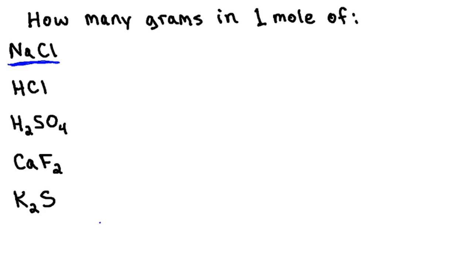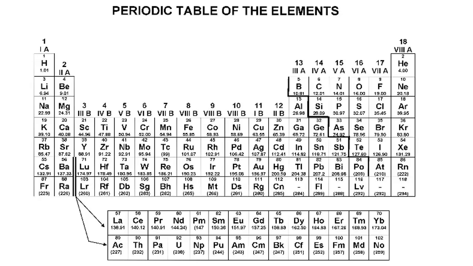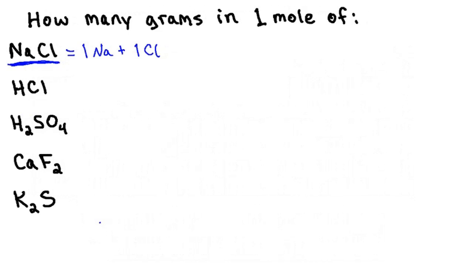We have sodium chloride, which is 1 mole of sodium plus 1 mole of chlorine. So 1 mole of sodium plus 1 mole of chlorine equals 1 mole of sodium chloride. And if we go to the periodic table and we look at the sodium's atomic mass unit, that's 22.99. So 22.99